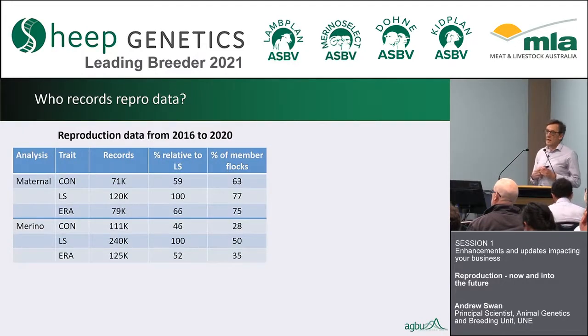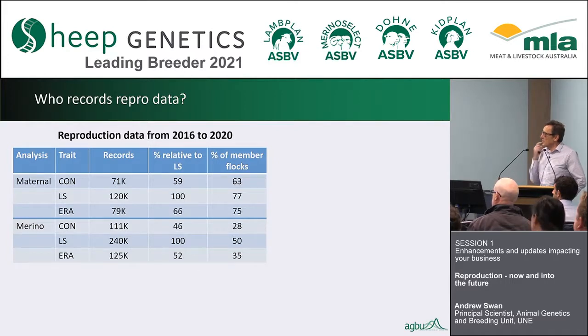So just on the characteristics of the data, this is the amount of data that is in each analysis over the last 5 years. You can see that we have the most data for litter size, 120,000 records in maternals and 240 in merinos. And then the number of records comes back for the 2 other traits, rearing ability and conception. And if you look at that as a proportion,